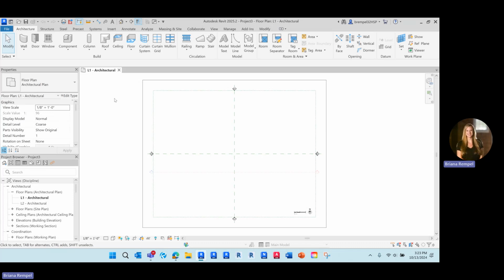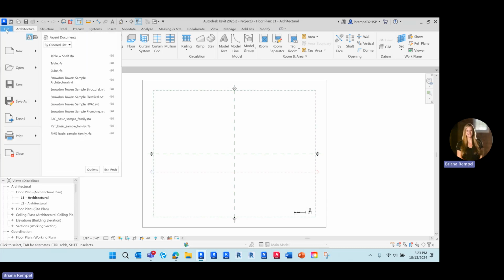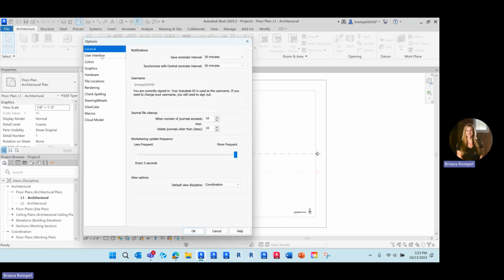So it's up to your discretion on what you would like to do with that, but those are just some recommendations from me. I like to keep it on the left side of the keyboard, all for my left hand to do as much as possible, so I can be working with the mouse on the right hand and shortcuts on the left. So to customize them, go to File and Options,